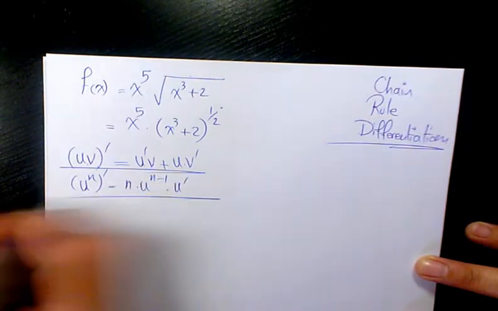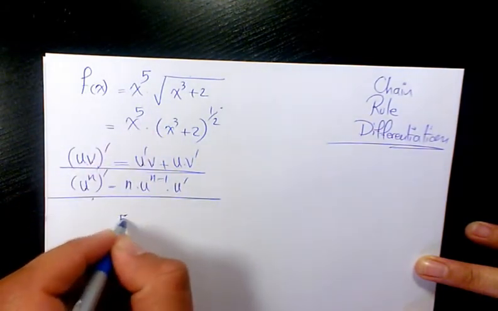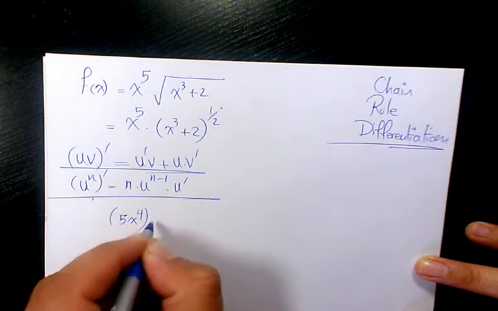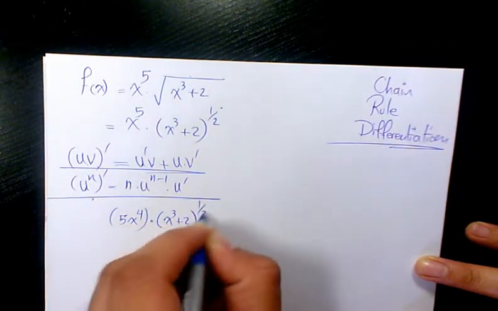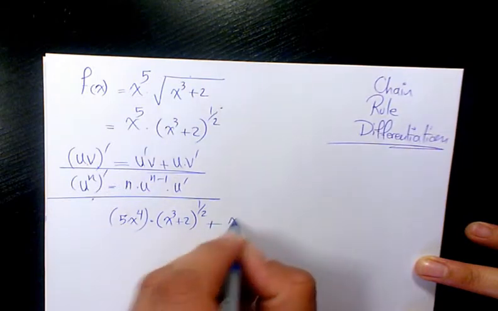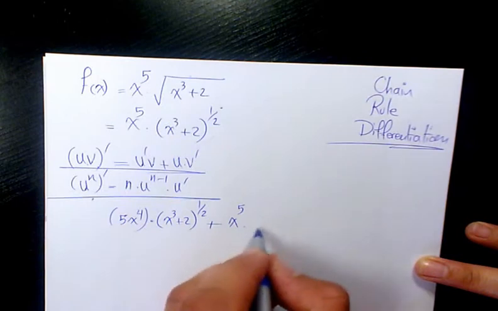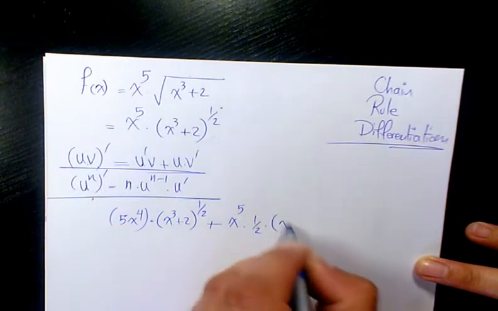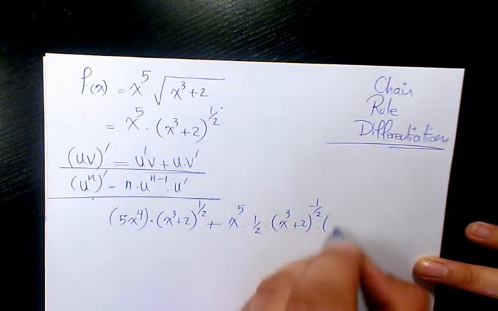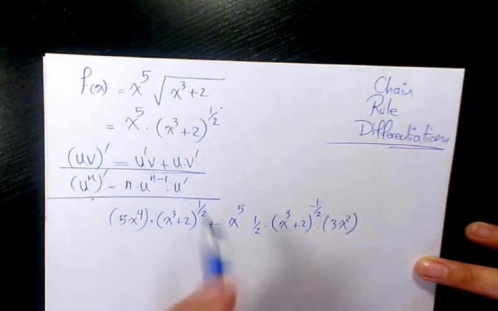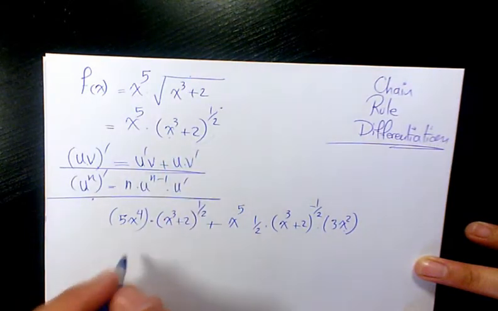So that's going to be the derivative of x to the power of 5, which is 5x to the power of 4, times (x cubed plus 2) to the power of 1/2, plus x to the power of 5 times the derivative of the second one, which is 1/2 times (x cubed plus 2) to the power of negative 1/2 times 3x squared. 3x squared is the derivative of x cubed plus 2. So that's going to be